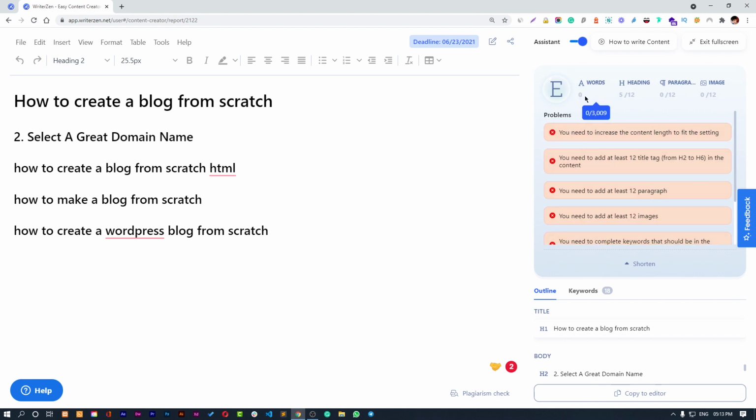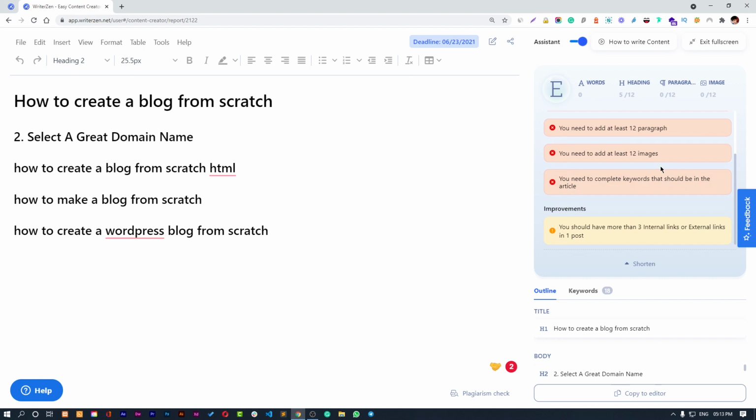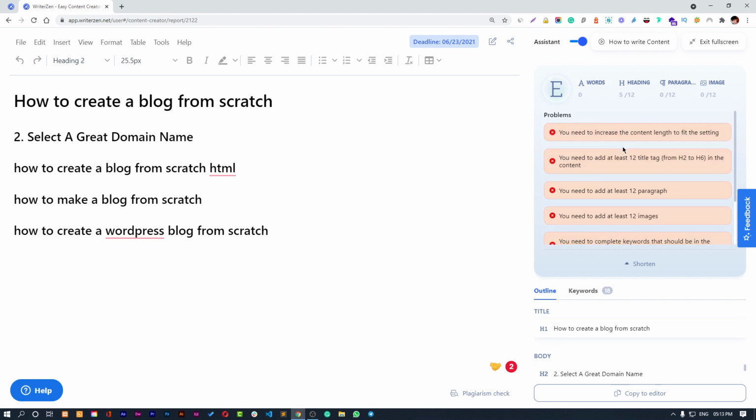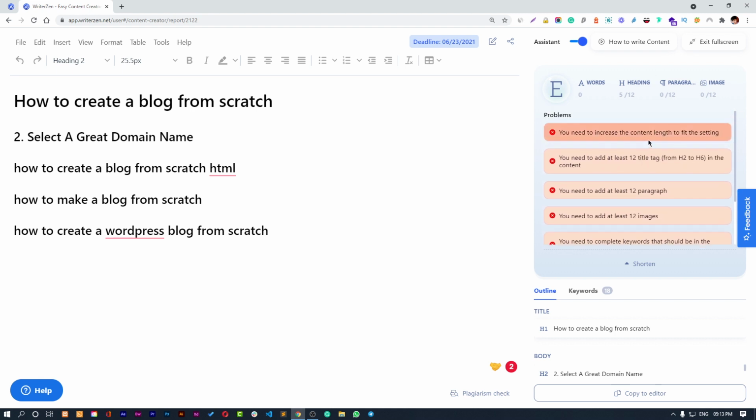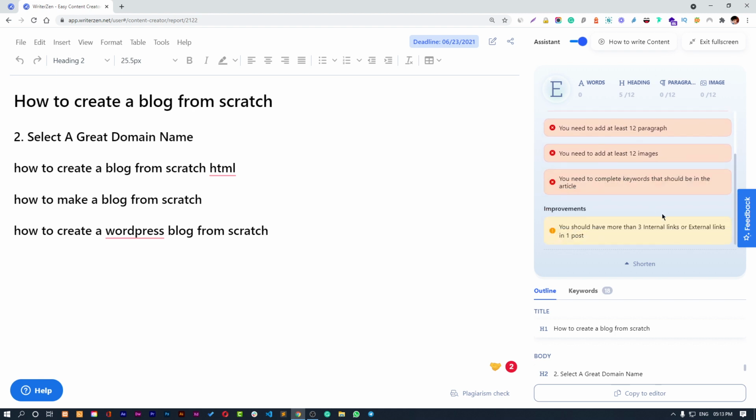The words limit, it is showing the recommended limit, the headings to be used, the paragraphs to be used, and images to be used. As you complete the writing, as you continue with the content, you are going to get this red to green. Yeah, this checklist will be green and your content will be improved.